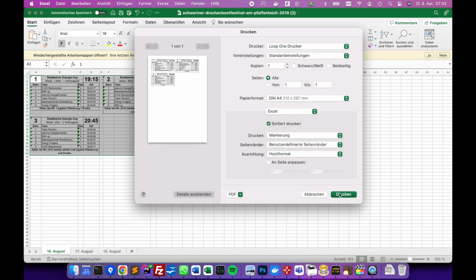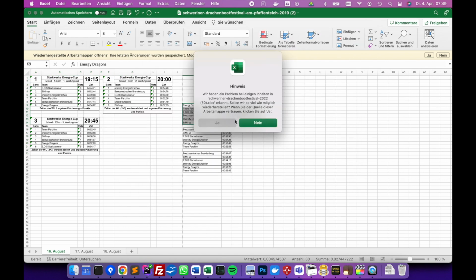Now let's briefly discuss an error message that you may encounter while opening the Excel file. If you receive an error message, it is likely related to the number formatting used in the Excel file. Different countries have different number formatting conventions, so if you are in an English-speaking country, it is best to download your Excel files from